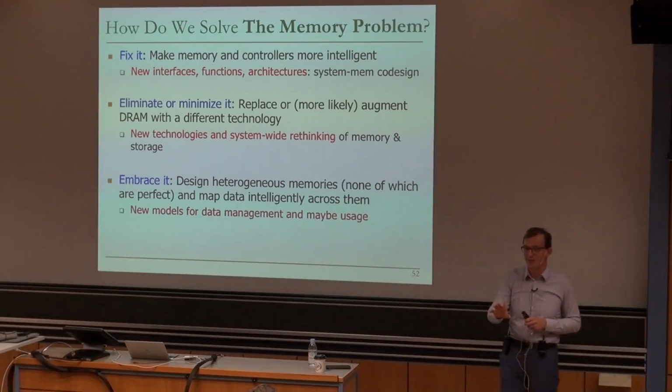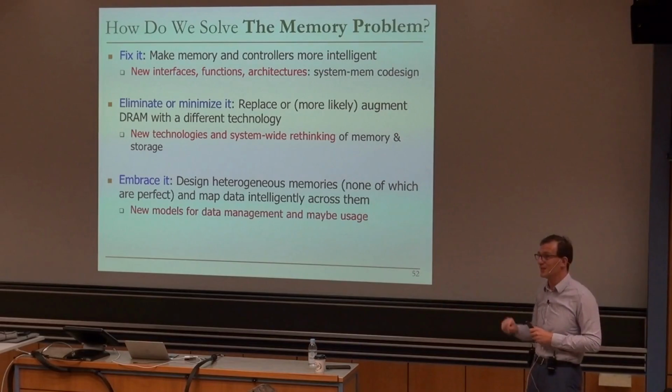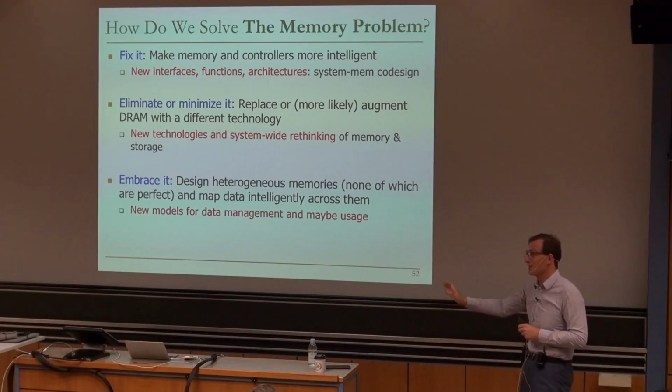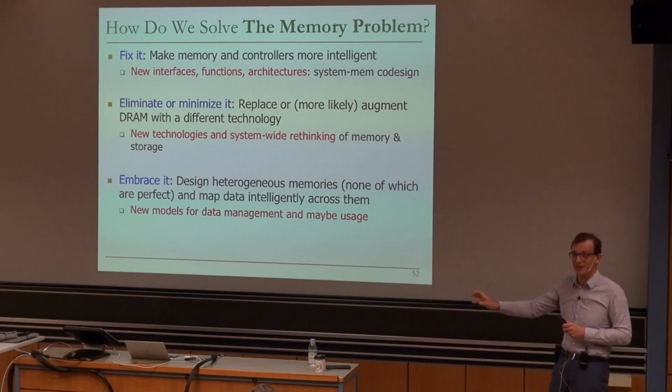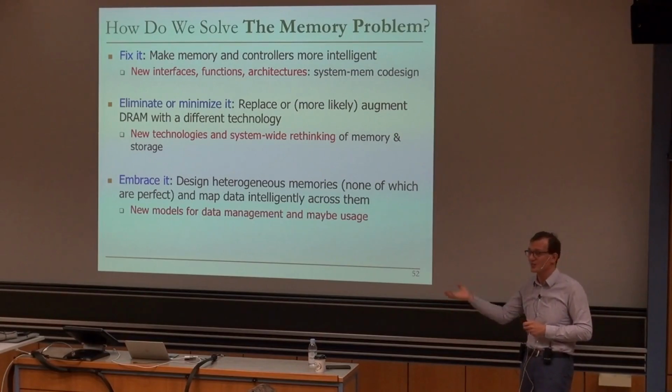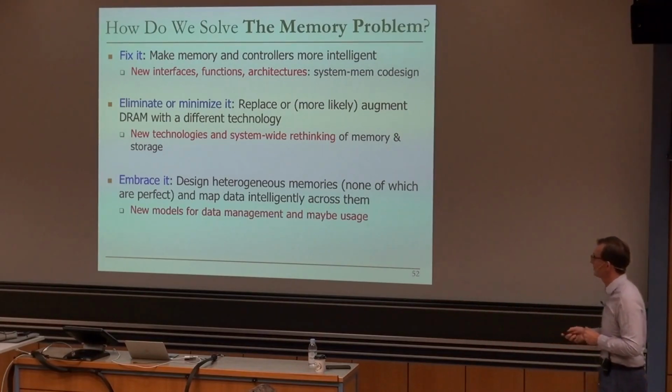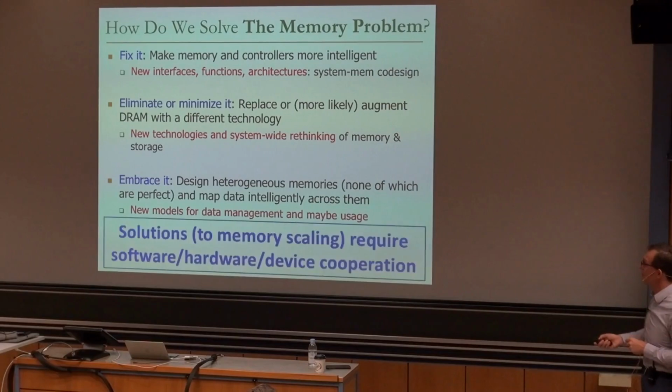For example, some of your memory is very reliable, some of your memory is extremely unreliable, but some of your data doesn't care about being on extremely unreliable storage, right? Because you can tolerate the errors at the algorithmic level. So in the next few lectures, we're going to talk about that.